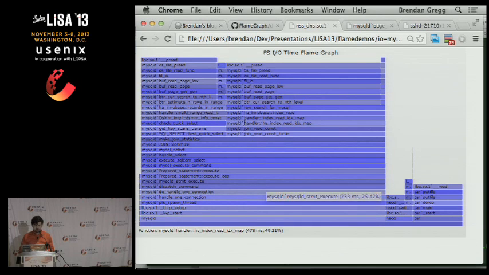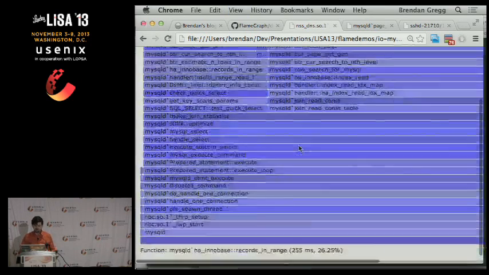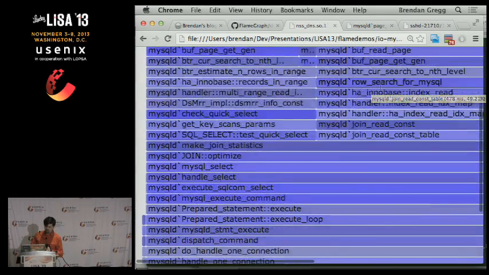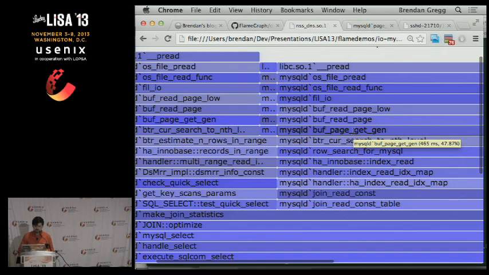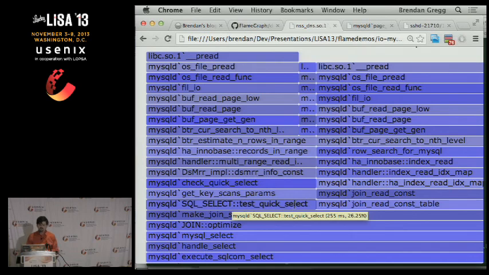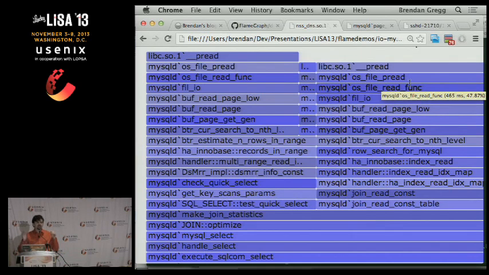And then in MySQL, there's a fork in the road where you have one big column and then a slightly smaller column. If I investigate the fork, because like I said, forks are really interesting, I can see that the big column here was doing a MySQL join. And it's doing a row search, and it's going into OS file pread. And the smaller column was SQL select. And of course, the width is relative to the time you spent in this code path. And it's explaining how did I get into the file system, and why did I block, how long did I block, show me the totals.